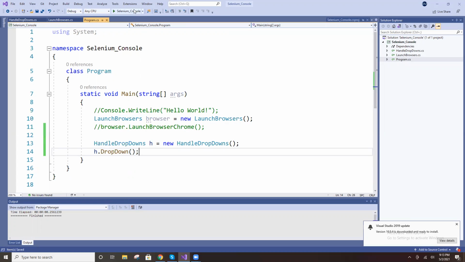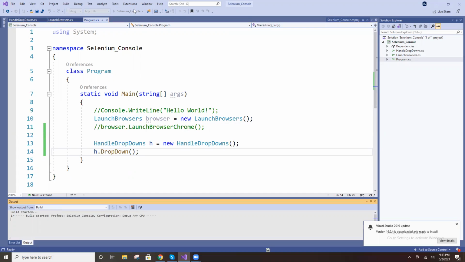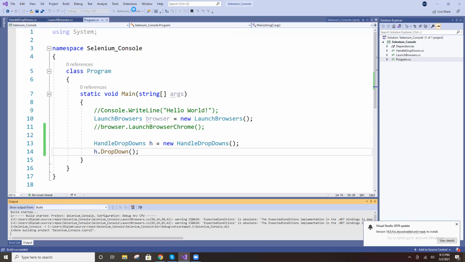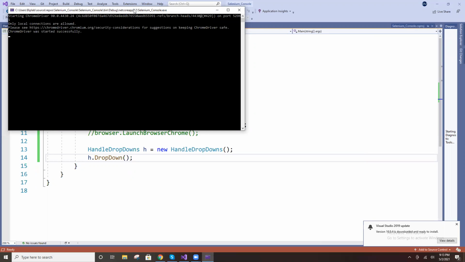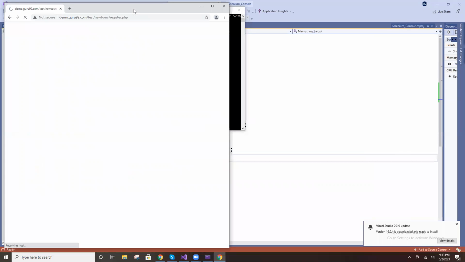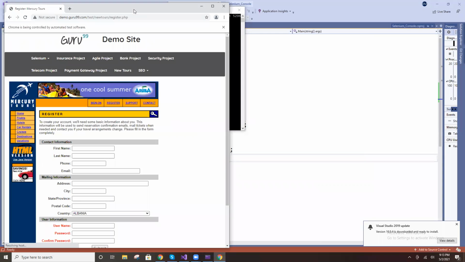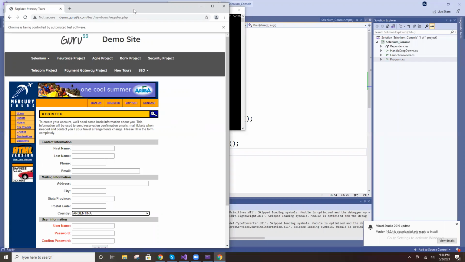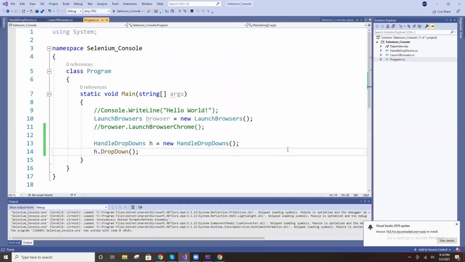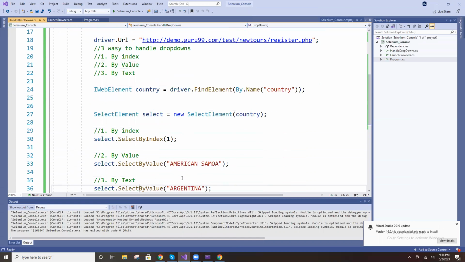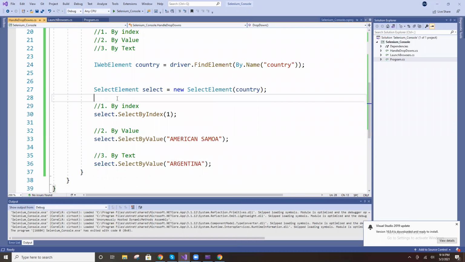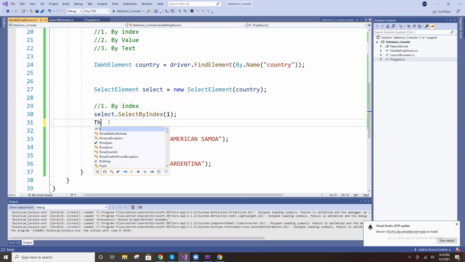I'm running it. See what will happen. See, three values are selected. Finally, only one value is selected, right?